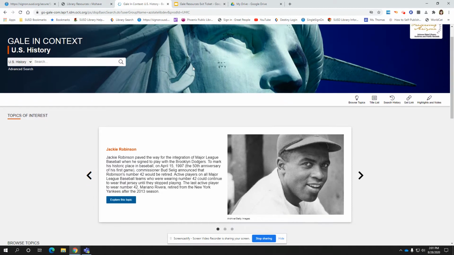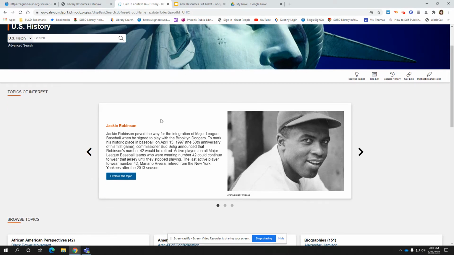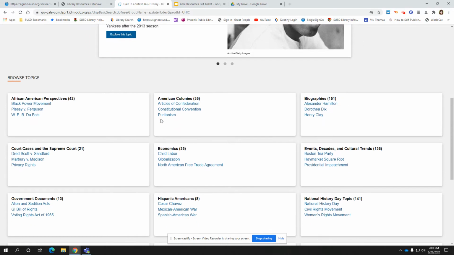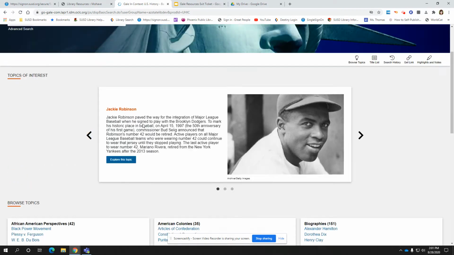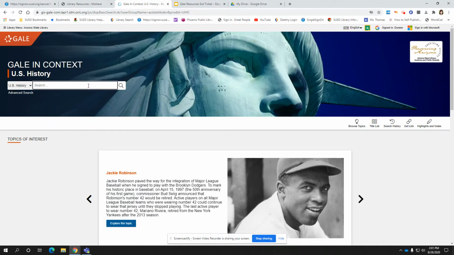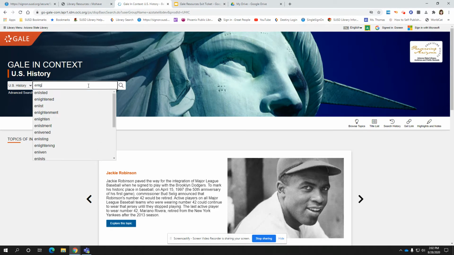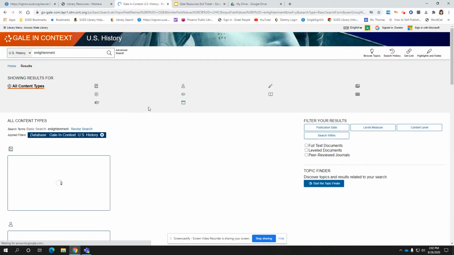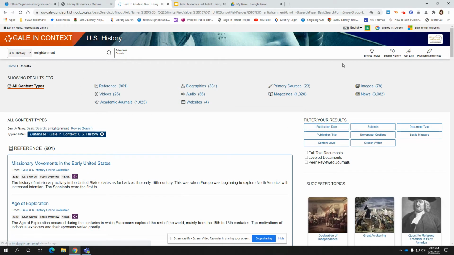So when you first come to any of these resources, they're going to have a topic of interest, which is just a main story that they're highlighting. They're going to have different tiles down here to help you browse different topics. We're going to do a search, and we're going to search for enlightenment. And as you just start typing it in, it'll bring up some options for you. There it is, enlightenment. And it's going to search, and you're going to find that you have tons of